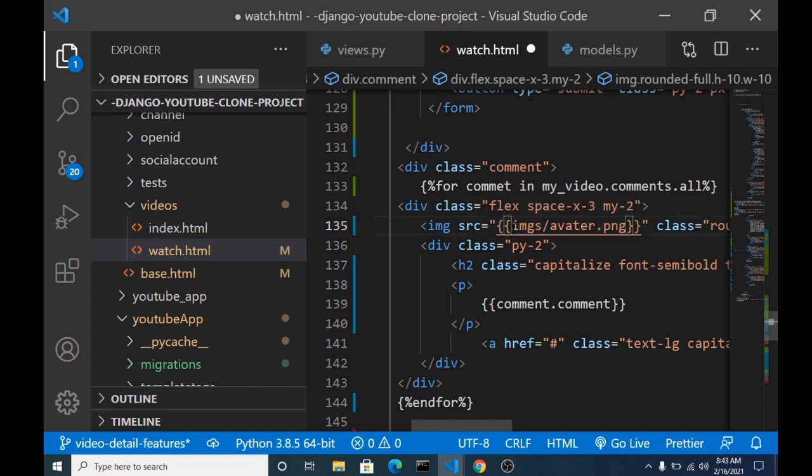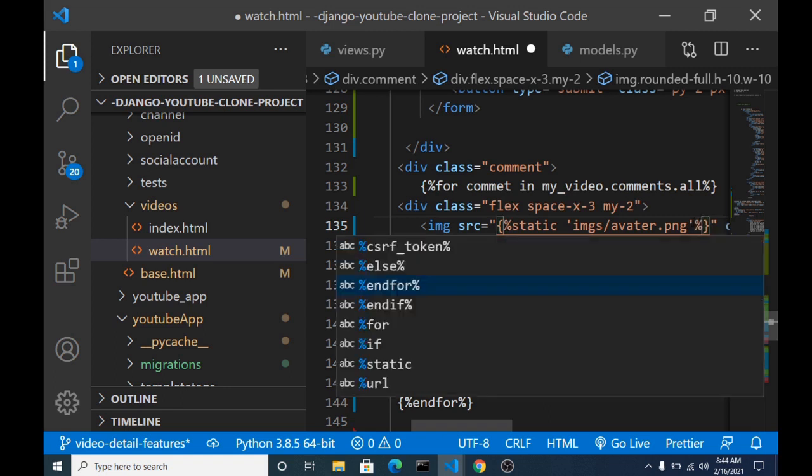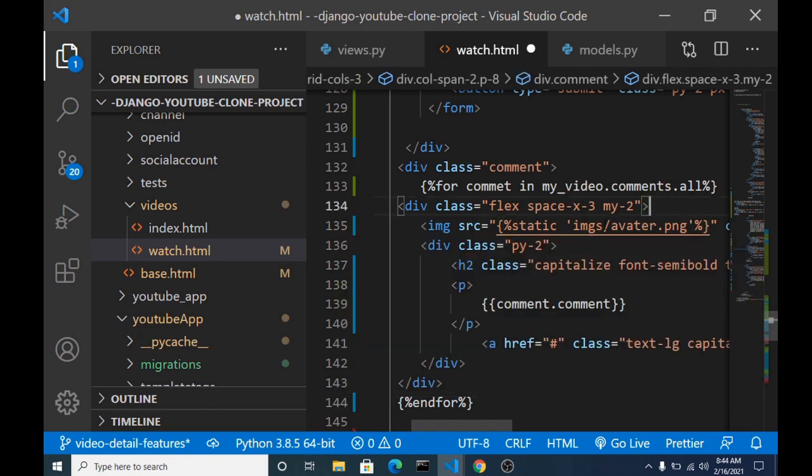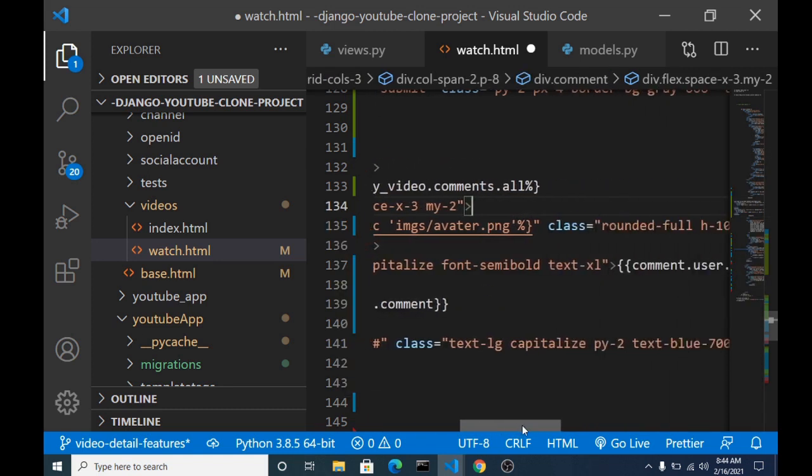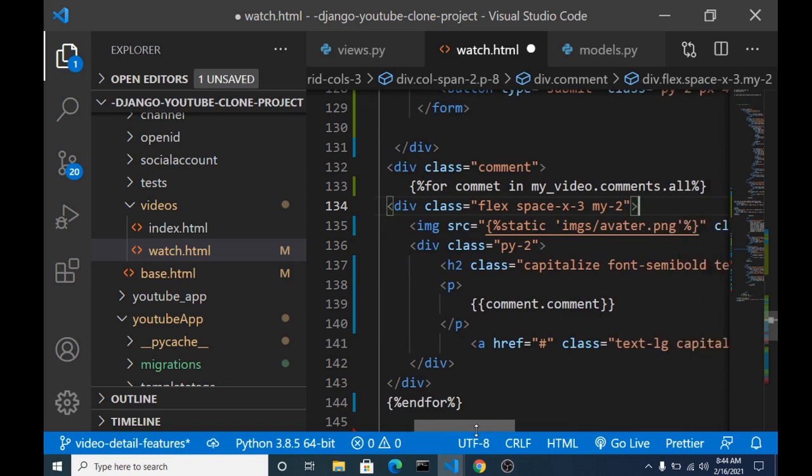So if you set a profile picture in yours, you can do that. But for now, we're going to use a kind of dummy. Alright, so that's that.